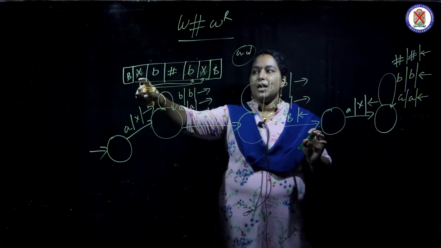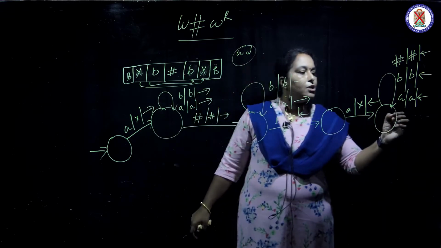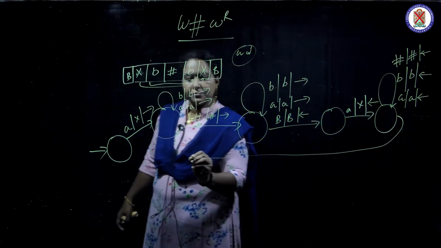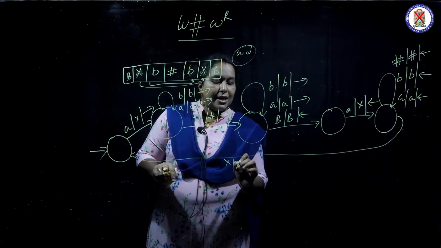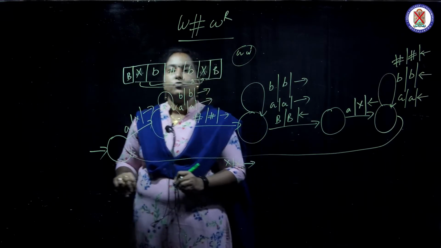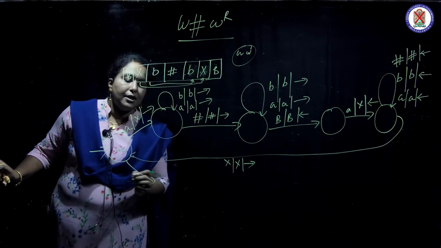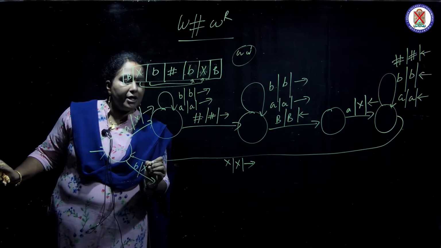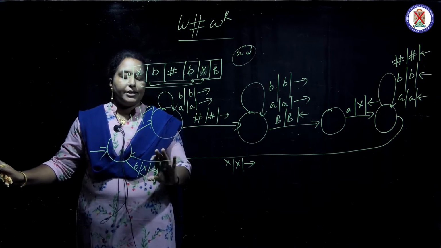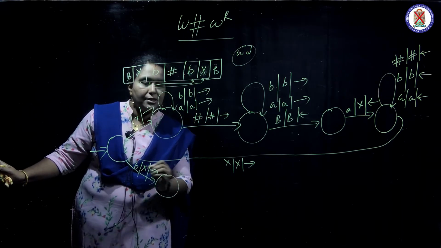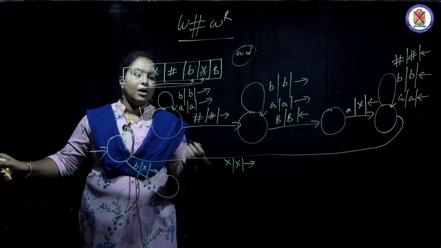Next, what do we have to do? We have to search for this X. After X, the next symbol is to be checked. So when X comes, I make it as X and move forward. Look at here, it is B, so we can't use this loop. We are using another path. When B comes, I again make it as X and move forward. You can use Y, but I am using X itself for everything. The same conditions apply here. This B is made X.